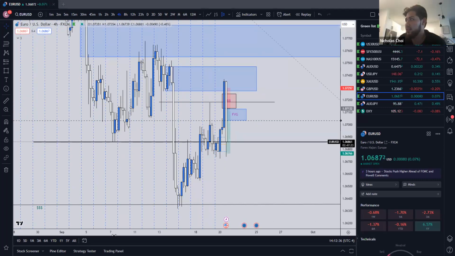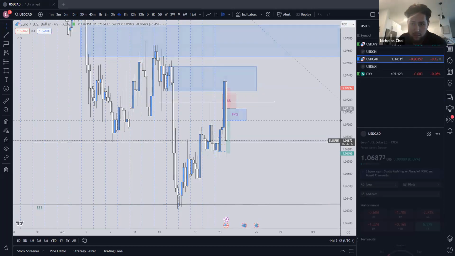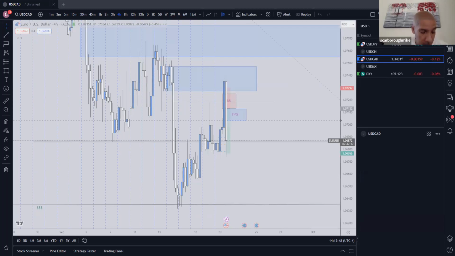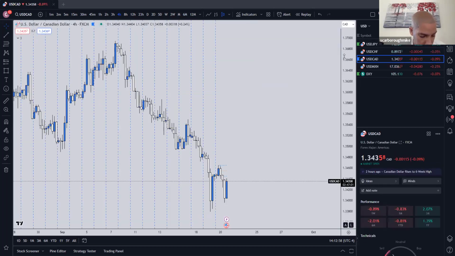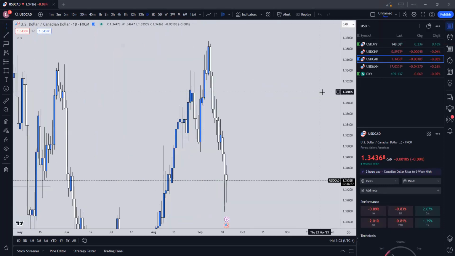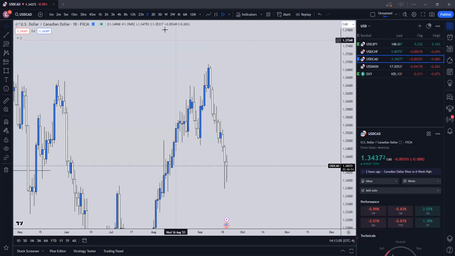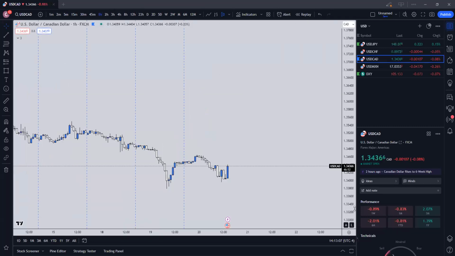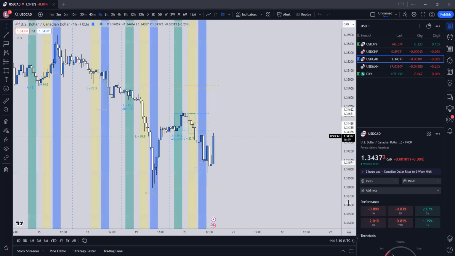Levi said, "Can you check USD CAD?" Yeah, dog. I just caught that move, and I see what you're charting up right now, the breaker for the down move, I guess. Yeah, both of those were the ones I was looking at too, just gold and EU. Pretty much the same thing that you just said.